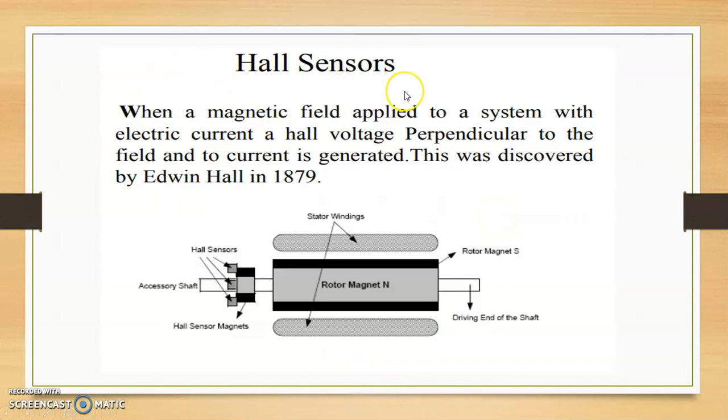And the last parameter will be the Hall sensor. We know that the Hall sensor involves a magnetic field and an electric current, which are perpendicular to each other. The third one will be the force generated exactly perpendicular to your system. By that principle, your system will develop a magnetic field, and along with an electric current, a Hall voltage perpendicular to the field and current is generated. This will be the actual signal developed by your Hall sensor that is given as the feedback signal which we discussed in our previous block diagram.